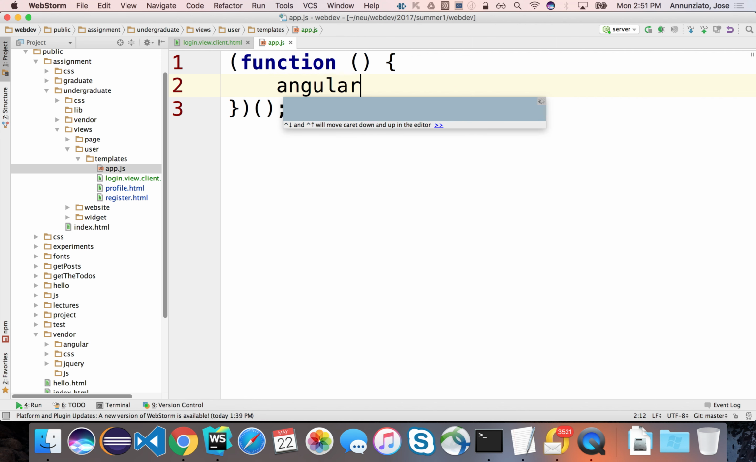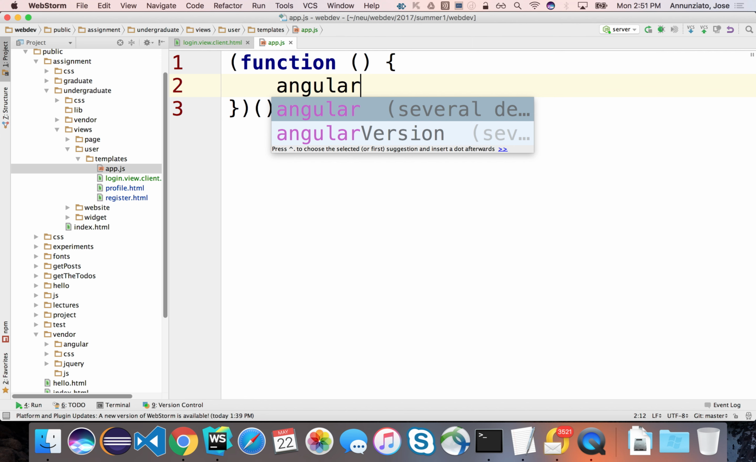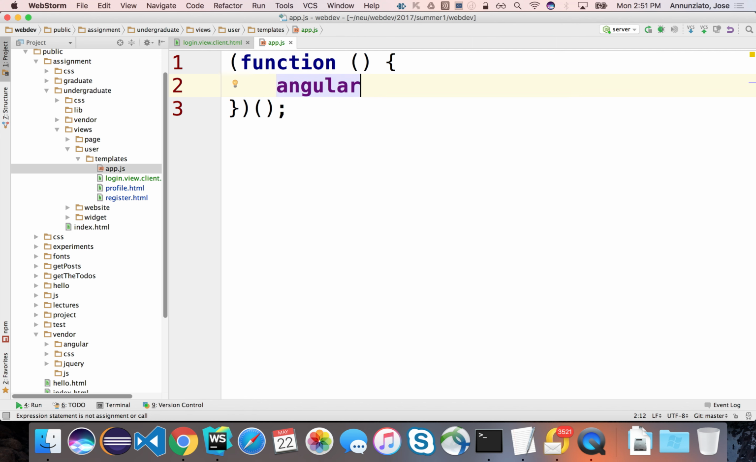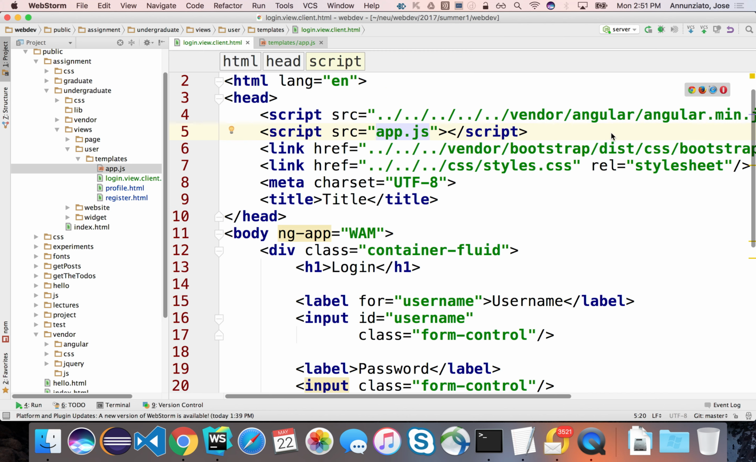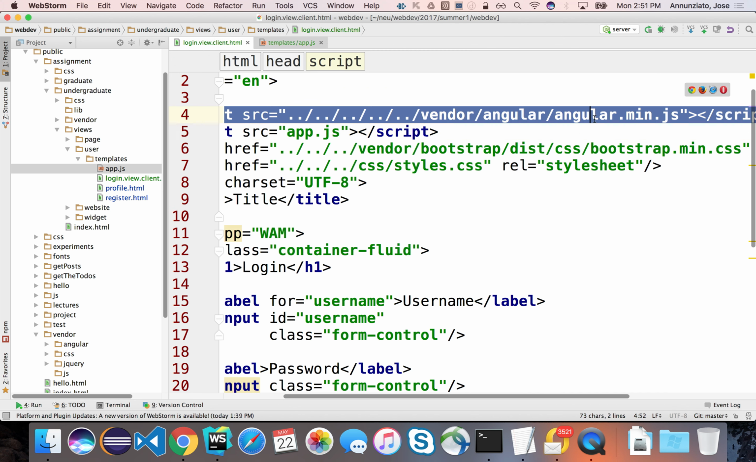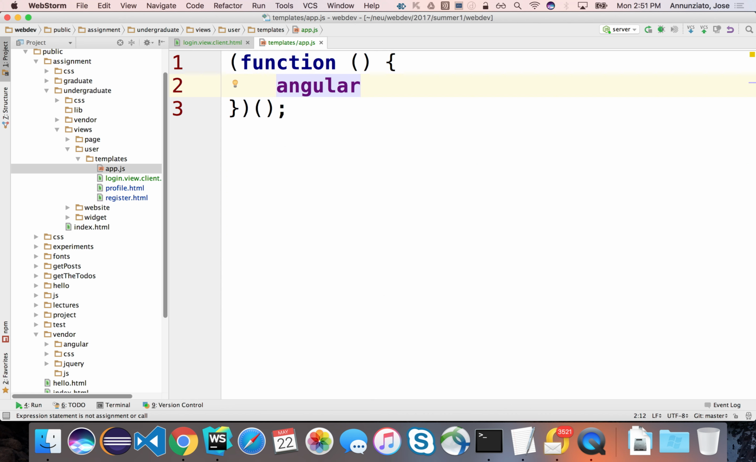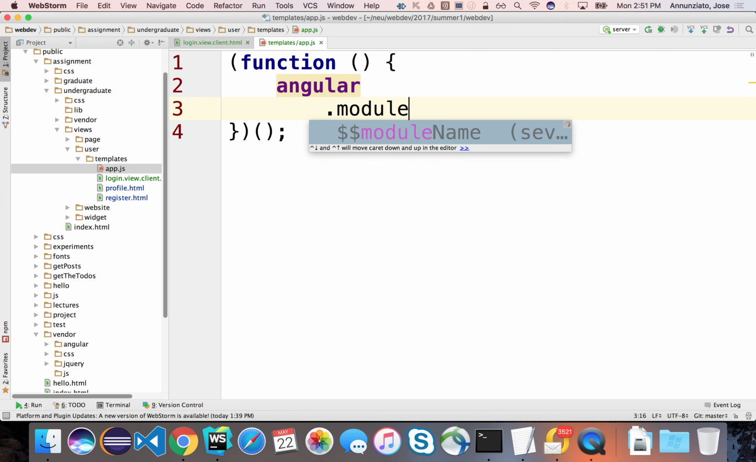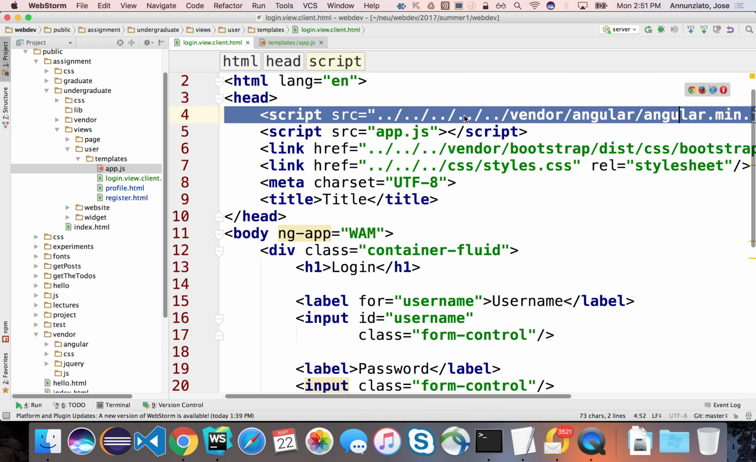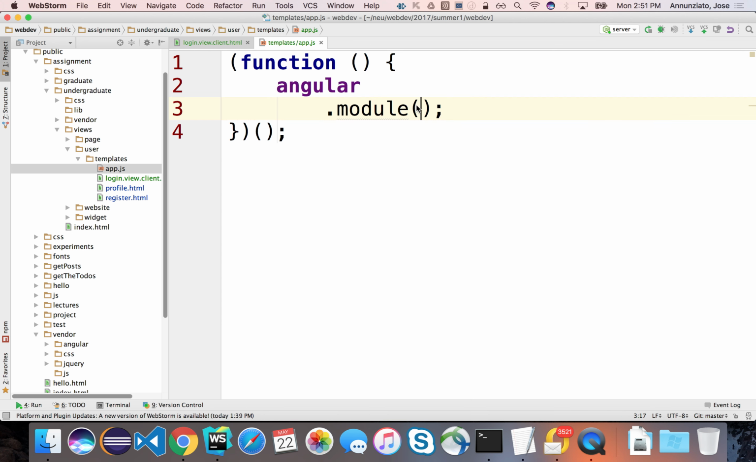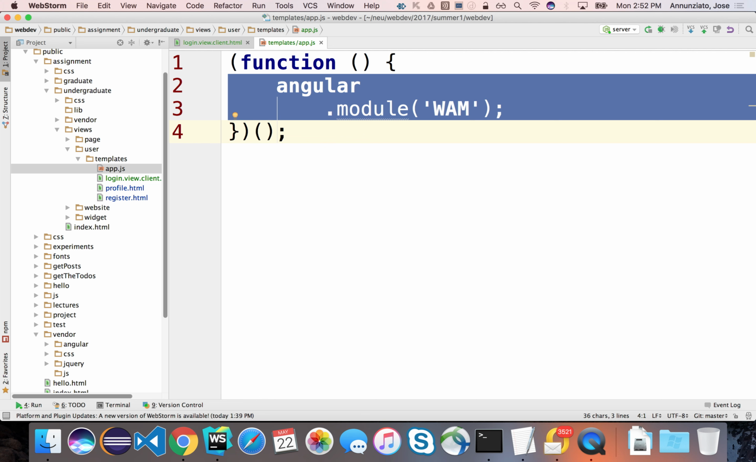All right. So in our code, we're going to use the local Angular object. This Angular over here declares a single object in the global namespace, and there it is. We can use it from anywhere we want. And we're going to declare the module that we're looking for. It's the app module called WAM. So what this is doing is it's reading a module called WAM, which doesn't exist yet,